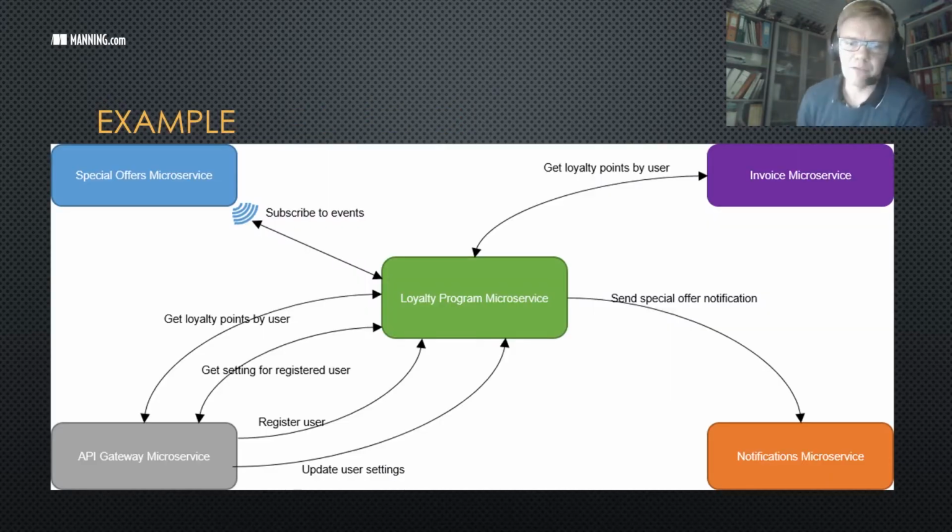This one is also taken from the microservices book. It's one of the examples used in there, and it's one that I like to use in talks as well, because it's somewhat approachable and still demonstrates a lot of things. So at the center there we have this loyalty program microservice, and we can imagine this is a backend for